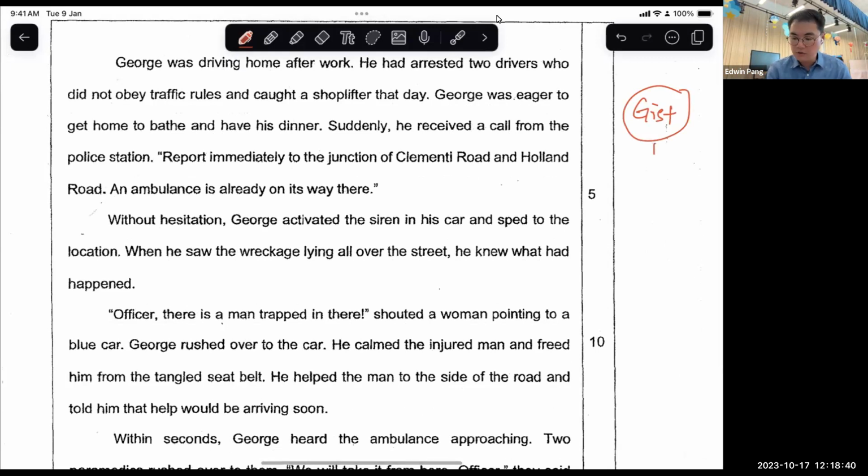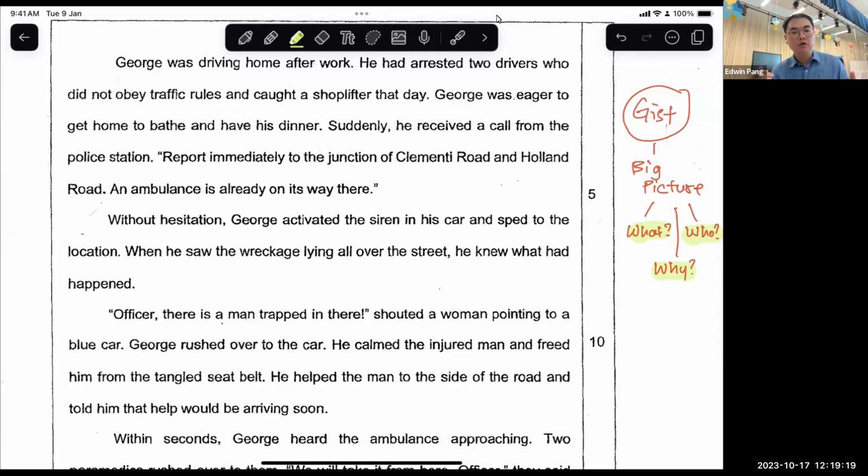Okay. So gist refers to the big picture. What is this story about? Who are the main characters? Okay, so it will answer questions like what is the story about? Who is the main character in the story? And why is this story happening? Right, so these are the three main questions you must always answer when you read for the first time for gist, right? Gist is a big picture. What is the big picture? It is including the what, the who, and the why of what you are reading. Okay, everybody, all good so far? Right? So what, who, and why is the first reading.